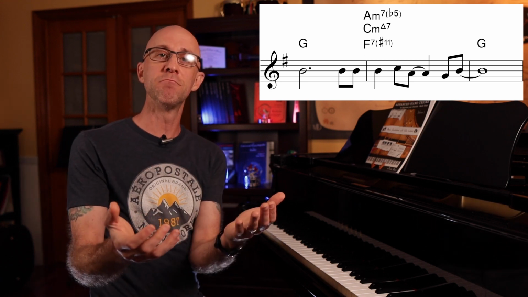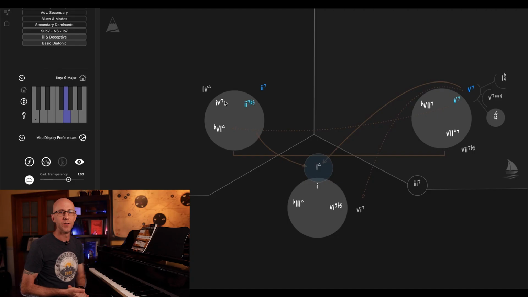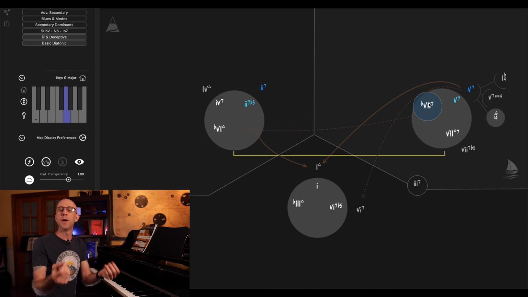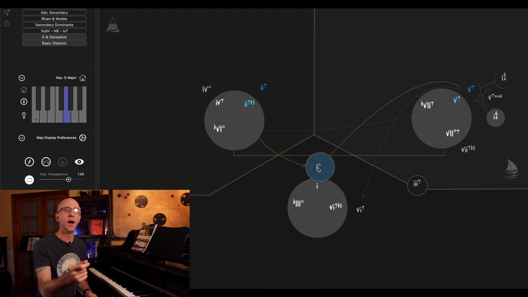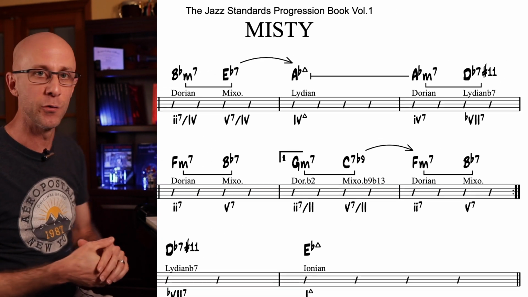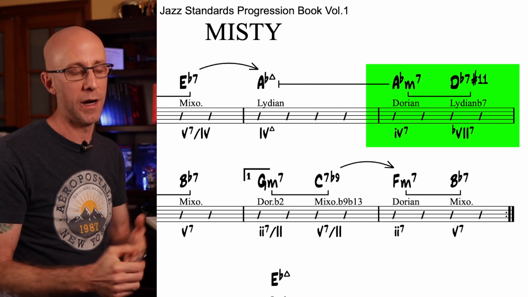But how can we use it in a dominant sort of way? So this flat 7 is used in a dominant sort of way a lot of times in what are called backdoor progressions or backdoor 2/5s. And it's these backdoor progressions and the context that they present that really highlight our imposter chord's dual purpose, like in Misty. So in Misty, we have this really typical use of the flat 7 in a backdoor 2/5, where